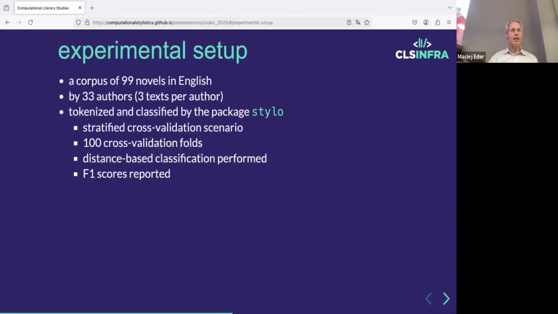So the experimental setup was a corpus from this Eder corpus that you've seen a couple of slides ago, 99 novels in English. This corpus contains 100 novels, but one of them was anonymous, so I just excluded it, so that I have 99 works labeled for authorship. So there are like 33 authors, 3 texts per author, 99 in total. I tokenized it, and then I used the